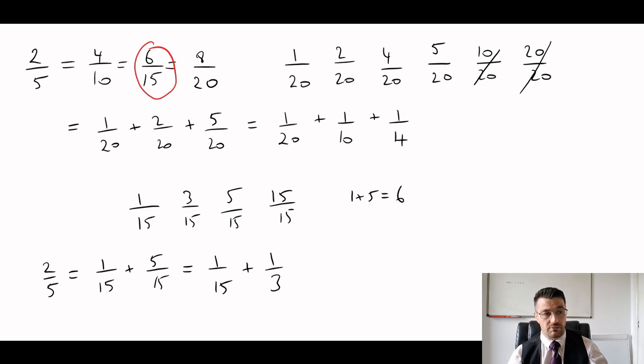So what we see here is that the friendly forms of rational numbers are not unique. So there might be different possibilities that you can go for. It doesn't matter which one you go for. I've gone for my answer here. The first answer that I arrived at was 1/20 plus 1/10 plus a quarter,